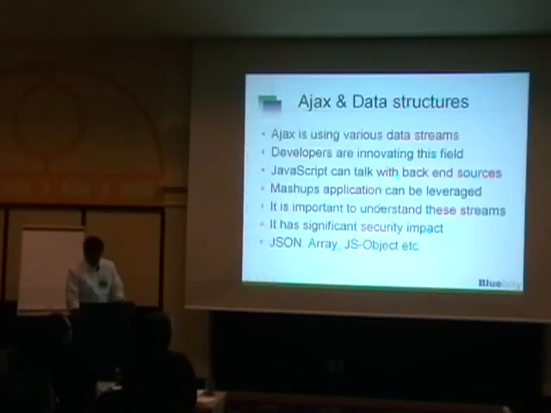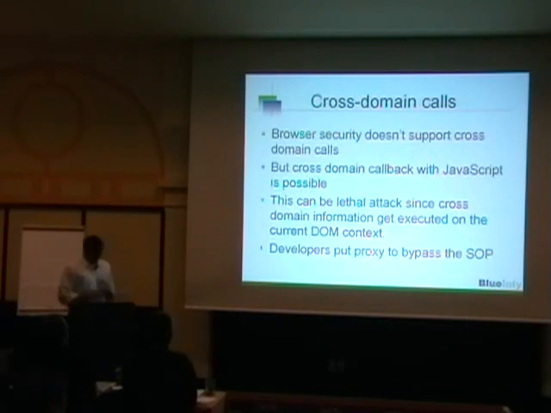So this is interesting. Essentially what we are seeing is that you can pretty much integrate any information you want to integrate. Your server-side application may be running on Python or whatever, and your client-side application running on a different technology, but both technologies know JSON, both know JS objects. So pretty much it is a seamless integration we are seeing. So this is on Ajax and data structures.